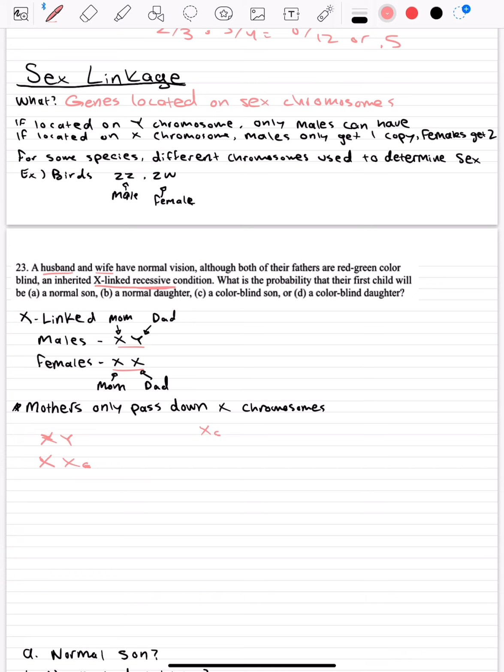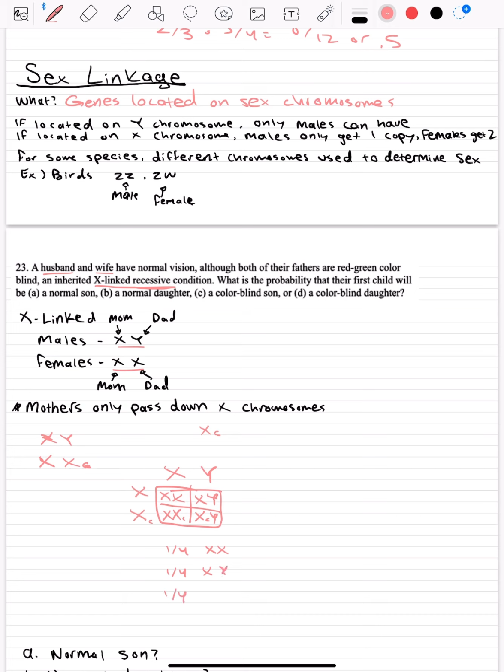Now, if we were to cross both of these individuals, what's the probability that their offspring will either have color blindness or no color blindness? So if we were to do a Punnett square, here we have an XY for the father, we have an X and an XC for the mother. Alright, so what we end up with is 1/4 of them having XX, 1/4 having XY,